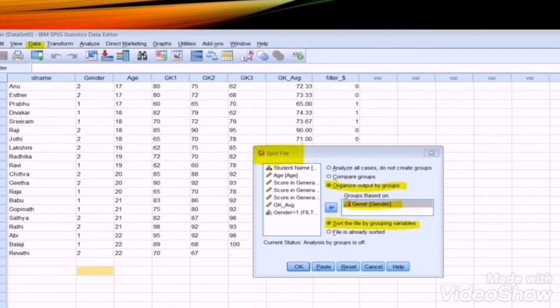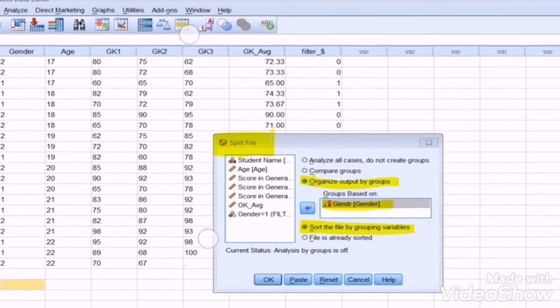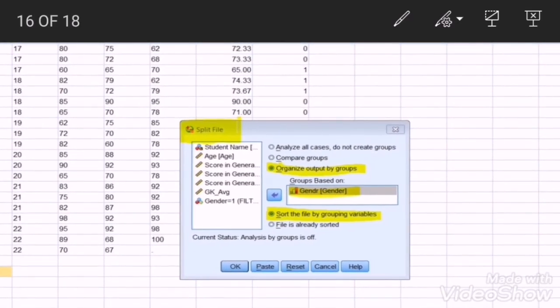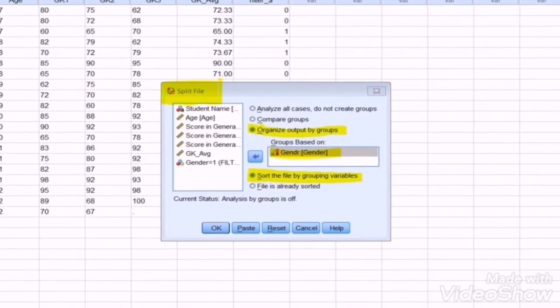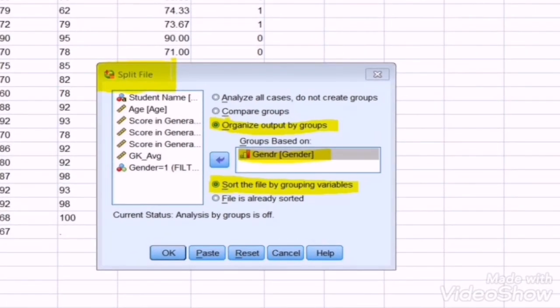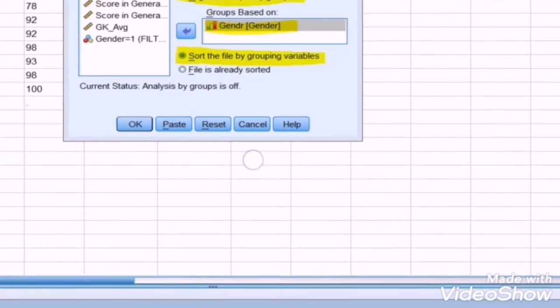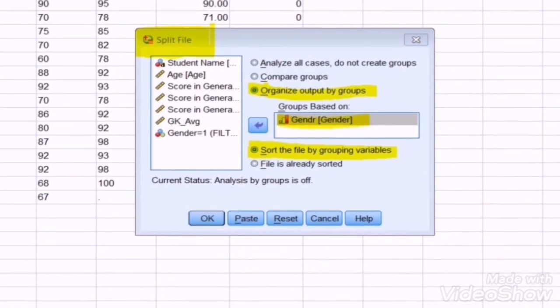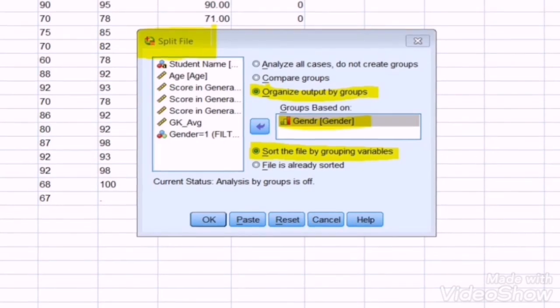From the drop down menu we will have to select the split file command, and then you have to select organize output by groups. Based on which variable we want to have the groups, here we want the files based on gender. Then click on sort the file by grouping variables and click on OK.